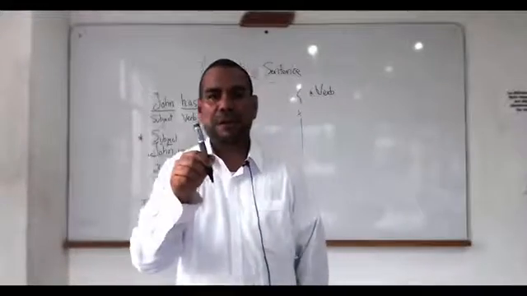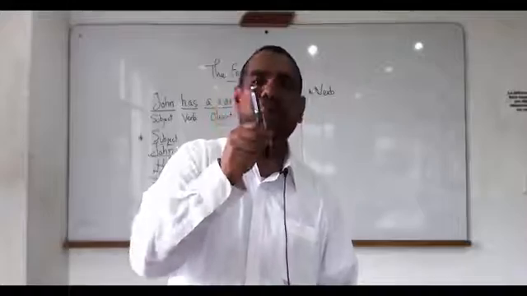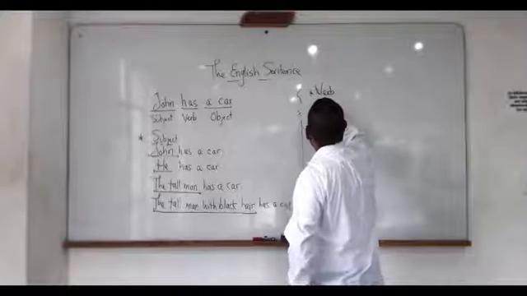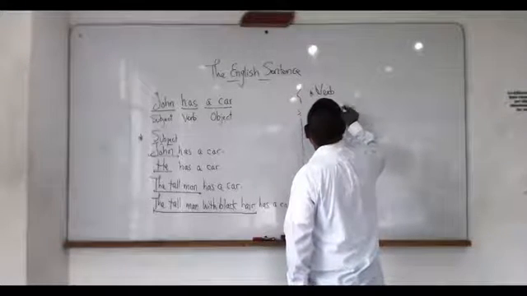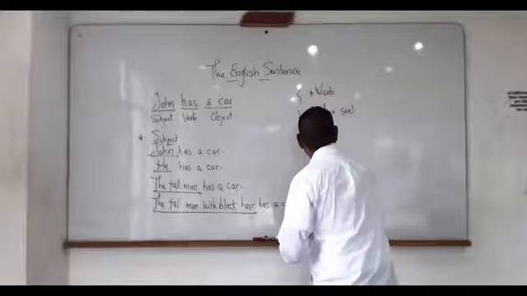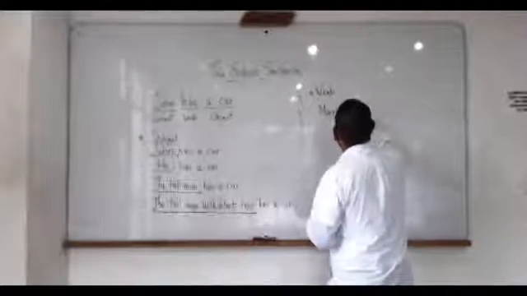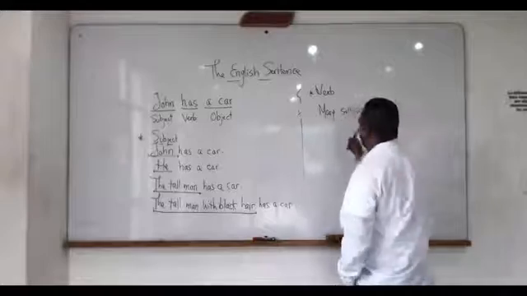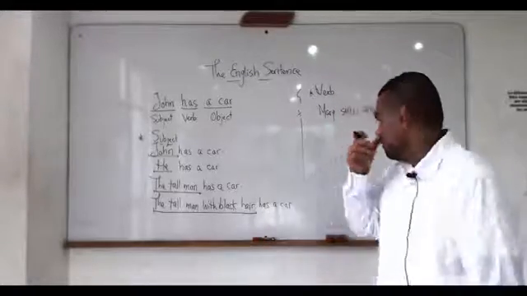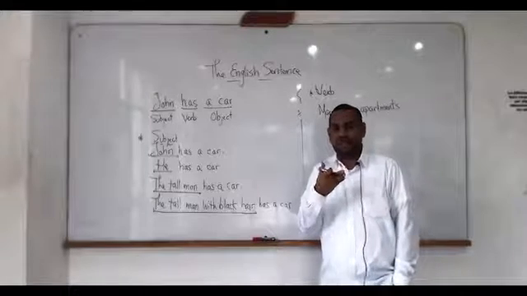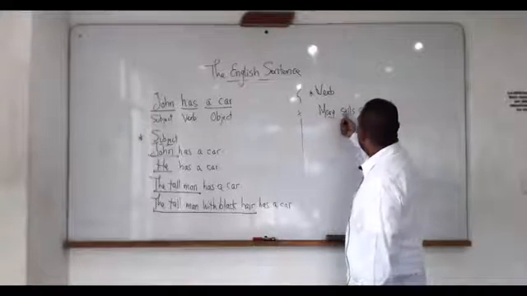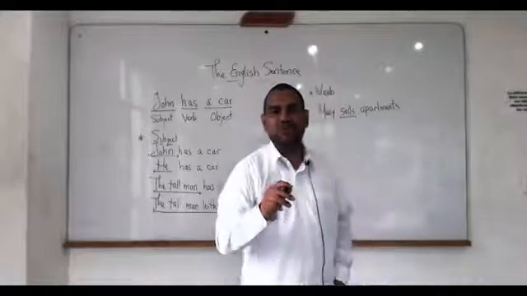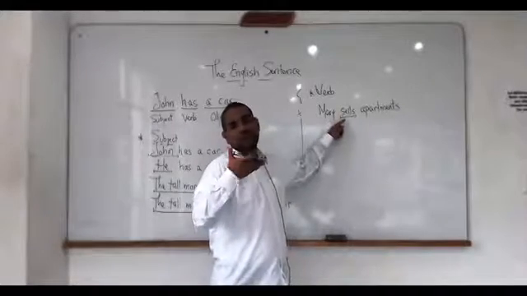By the way, the verb can be constituted by just one word, or actually a group of words can make it two. For example, Mary sells apartments. Let's say that Mary is a realtor, a real estate agent. So, Mary sells apartments. Now look at the verb, and that verb is constituted in this case by just one single word.